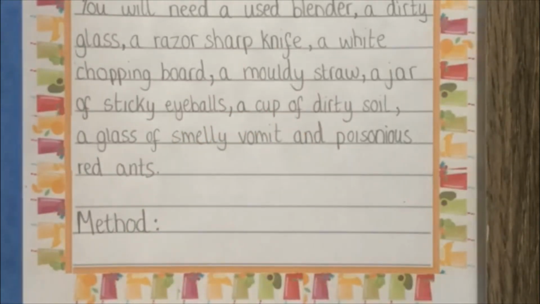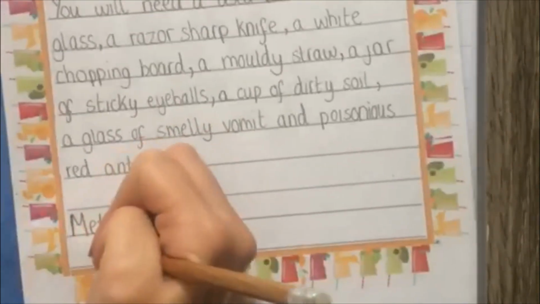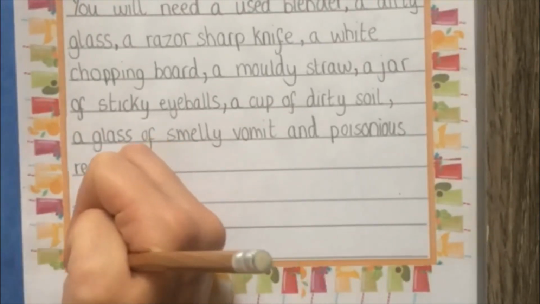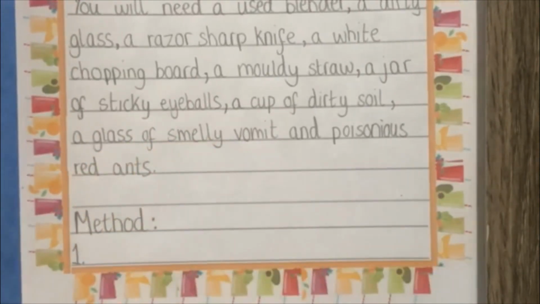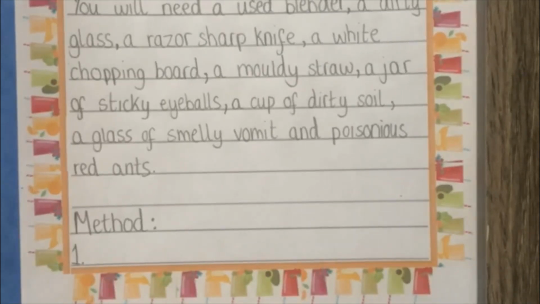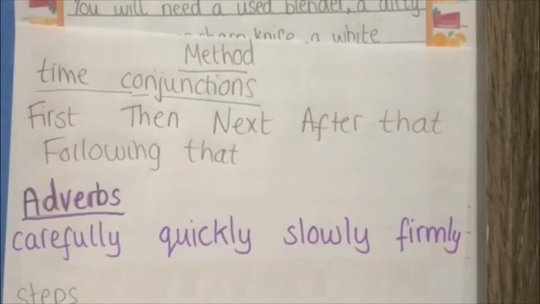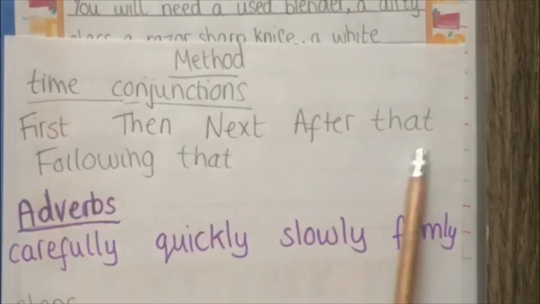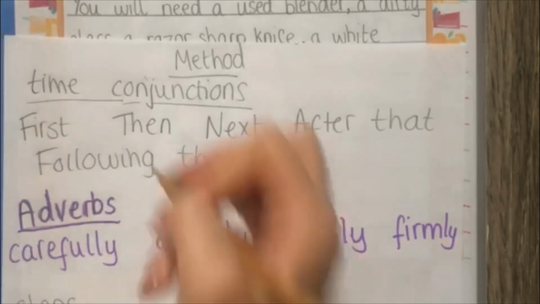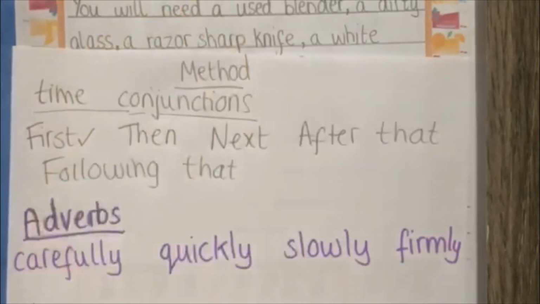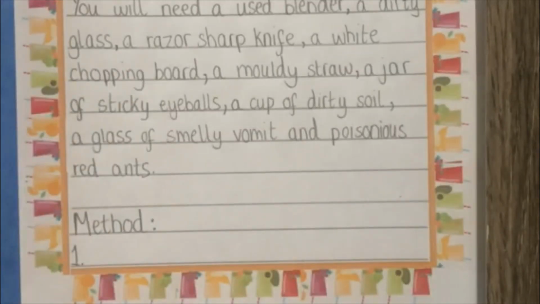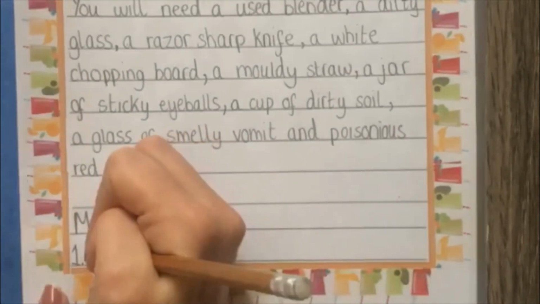Now I'm going to write my first step. It's really important we write the number 1 so that we can number each of our steps. So I have 1. To start off, I need a time conjunction. So I have my list from earlier which has my time conjunctions. So I am going to pick first because it's my first step. So I'm going to tick it off my list. And I can copy my spelling, capital F,